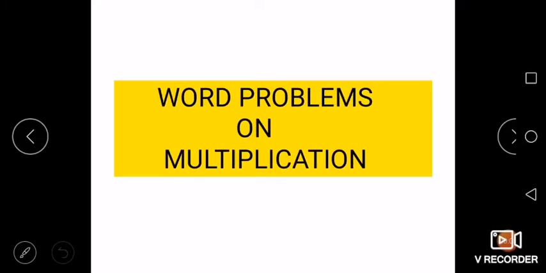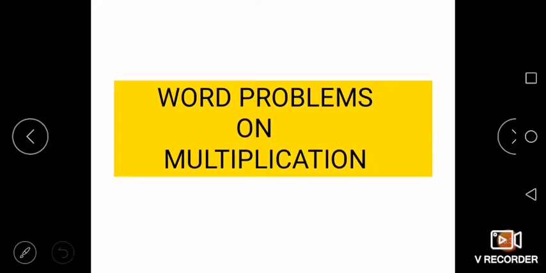Good morning, children. As you all know, yesterday we started word problems on multiplication, and we did keywords of multiplication, as we have done keywords of addition and subtraction also: what kind of words will be given in the question, so you will perform which operation. Related to that only, yesterday we did multiplication. Keywords means words like "each" that will be there.